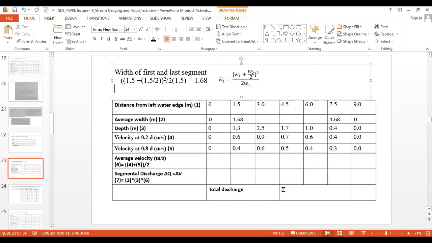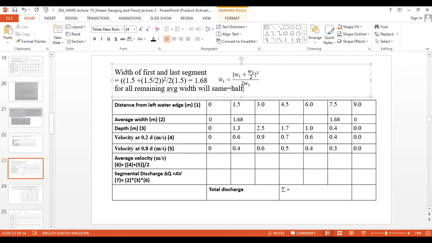कसं करणार remaining all others? For all remaining. इथं मी all remaining का म्हणतोय? Because all are placed at a distance of 1.5 meter. So that will be the same one. So for all remaining, average width will remain the same, and that is equal to 1.5. 1.5 कैसे निकला? 1.5 is exactly correct. पण कसं काढलं ते? Half width of LHS segment plus half width of RHS segment. Exactly. That is a half.